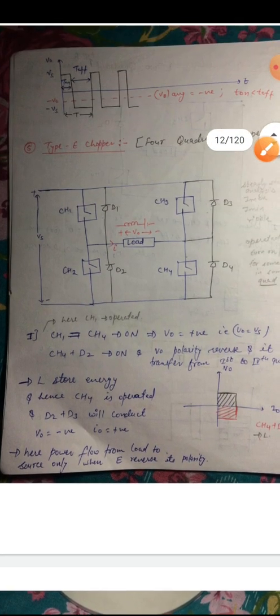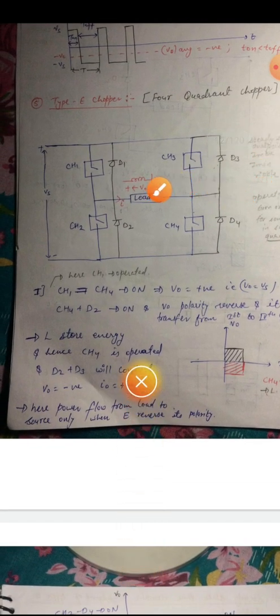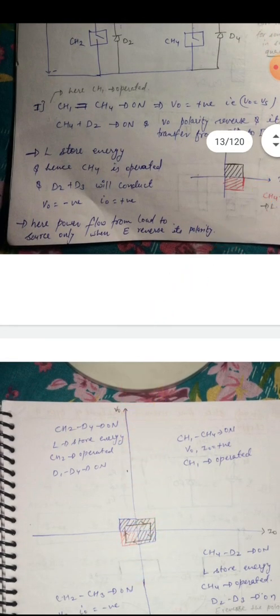Now what will happen? Every time, the inductor wants to dissipate whatever energy has been stored in it. It has charge with this plus and this minus polarity, so it will change its polarity, now plus here and minus here, and it will discharge itself through D1 and D4. So this is the second mode for this quadrant.